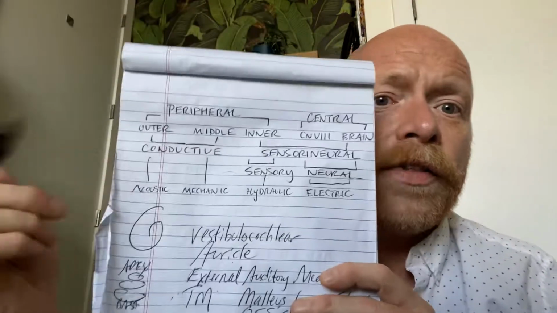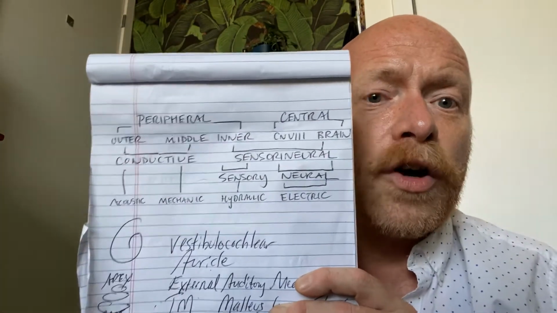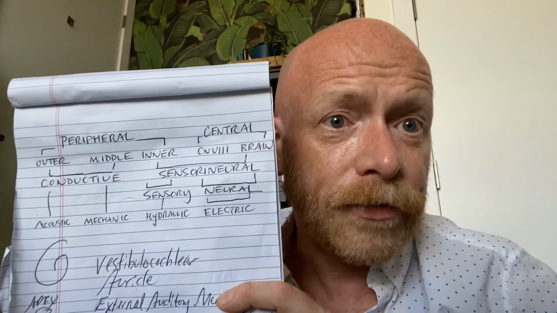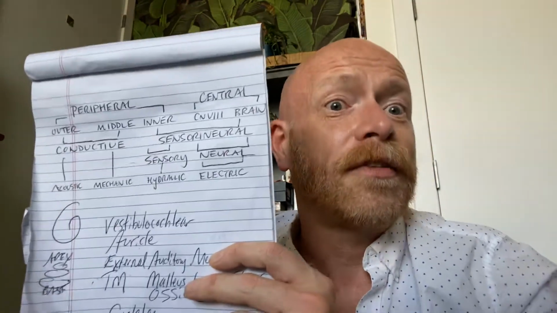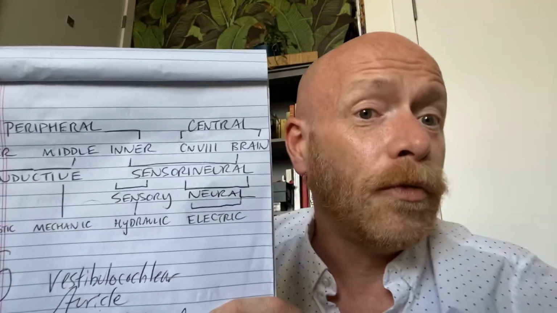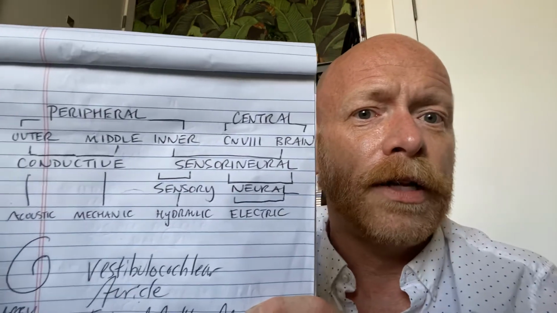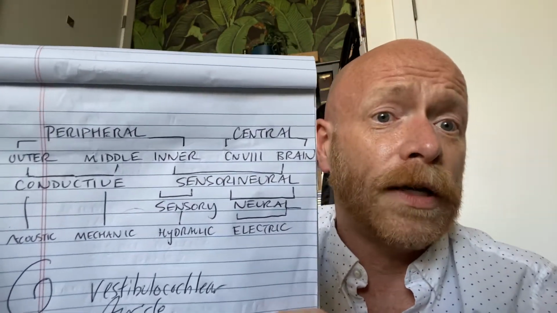Okay, I need to keep moving. We're already at 7 minutes here. From there, we go into the inner ear. The inner ear is the cochlea. The cochlea is the organ of hearing. If you ever get asked, what is the organ of hearing? I sometimes have some smart aleck students that'll say the ear or the brain, and neither of those is really wrong, but technically it's the cochlea.